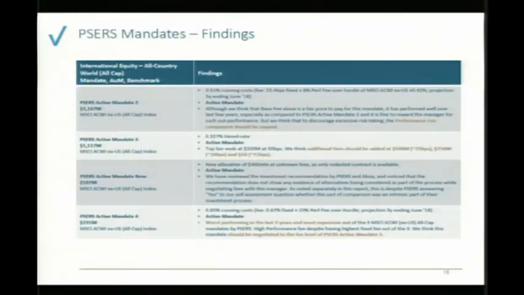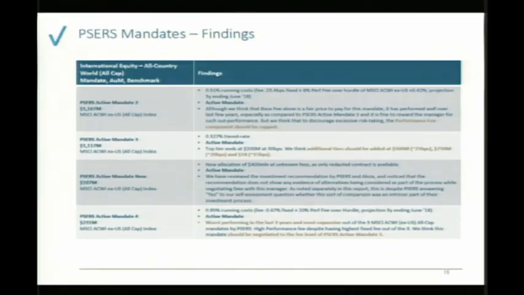So in the interest of time, I will want to go quickly through this. On PSERS, we think that with various of the mandates, and Commissioner Bloom here, these are the PSERS active mandate 2, active mandate 3, and active mandate 4. We think that in all of those, there is potential to renegotiate. We have given approximately where we think those tiers should be. Active mandate 3 as an example, and this is now the benefit of having contracts that are not blacked out. So here for PSERS, we actually had the real contract. Thank you to PSERS for providing those.